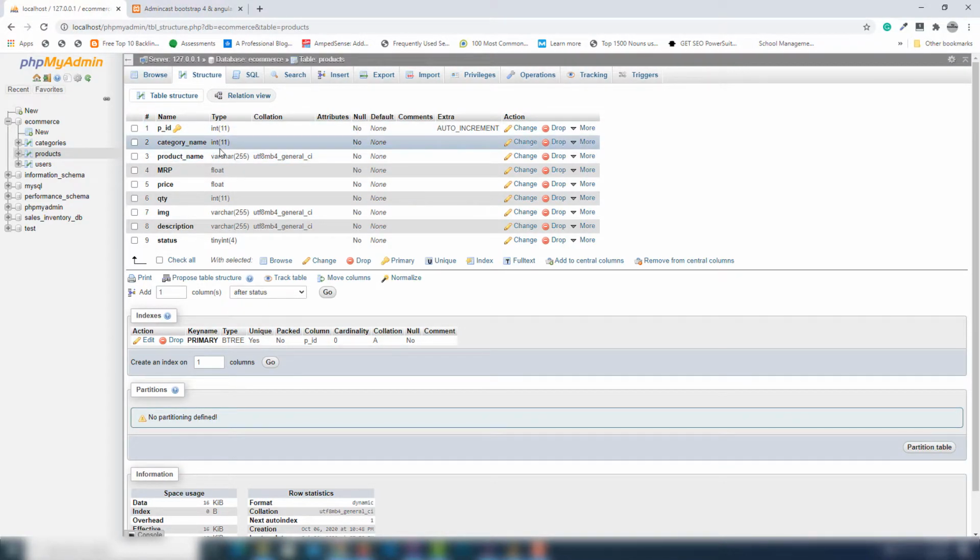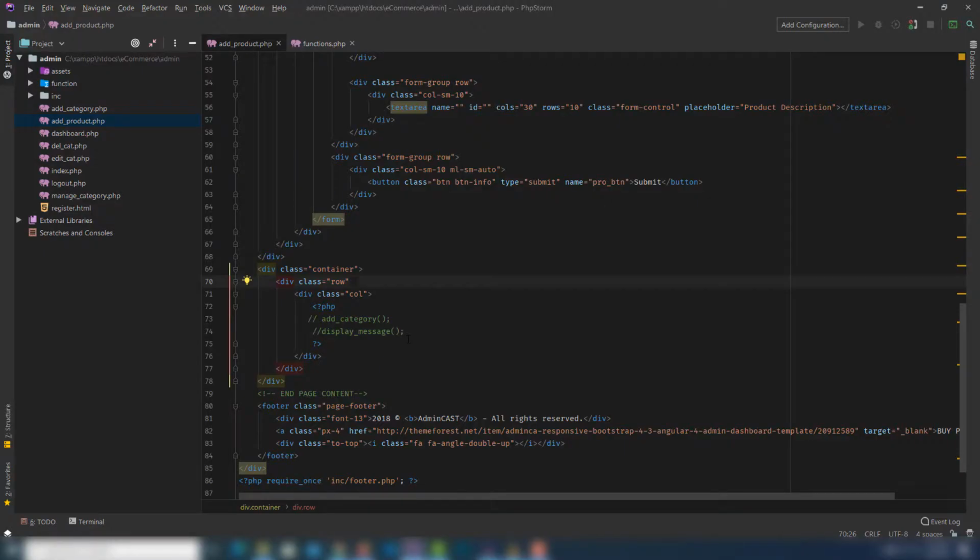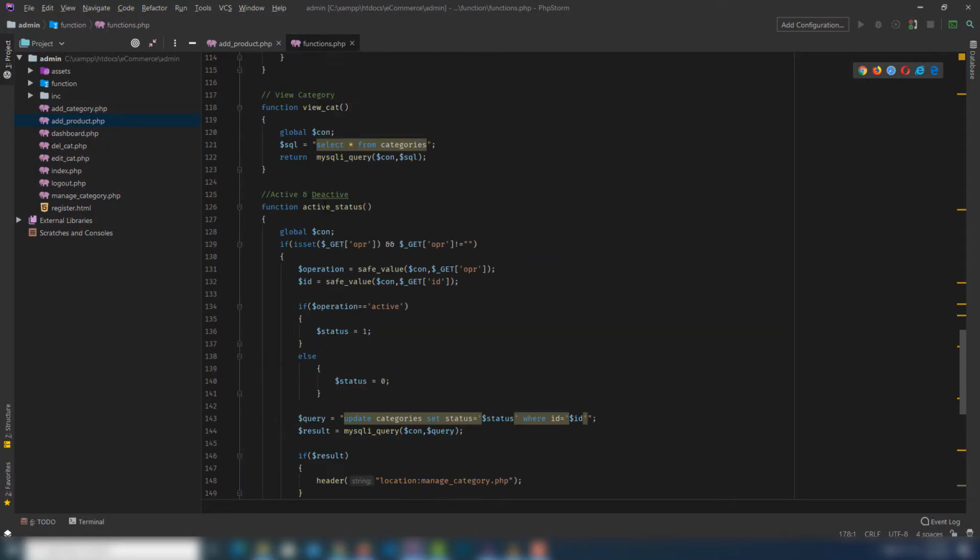I go to my database table, product table. Inside this table I have changed few things. First one, I included the column with the name of status, and I have assigned the type of tiny int, right? This is a new column, and I changed the type of the product name is a varchar, MRP is a float, and also price is a float. You need to change them. So let's move on the code editor, and first we need to go on our function,